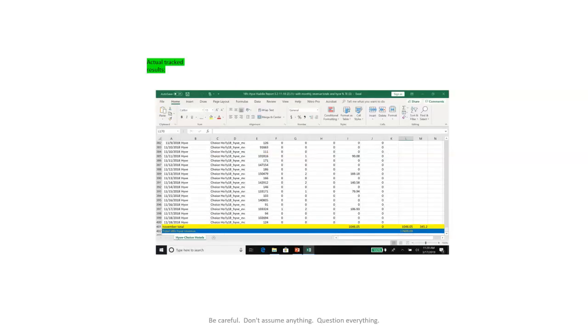All right, so here are impressions and sales results, both from the 1-800-Flowers campaign with Choice Hotels, managed by Hive. Now, on the left, you see the date that the ad ran in the email. And if you go over to the E column, that is the number of impressions.